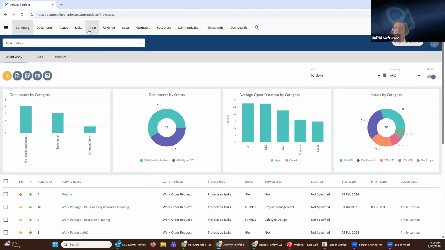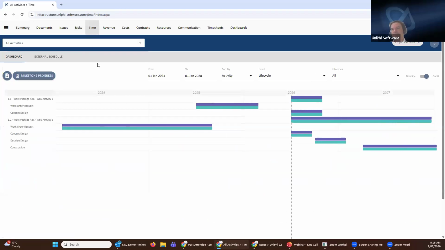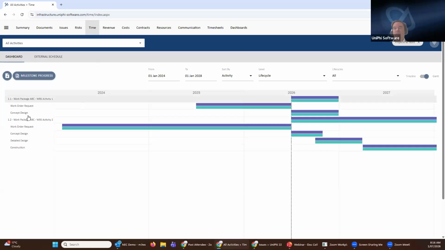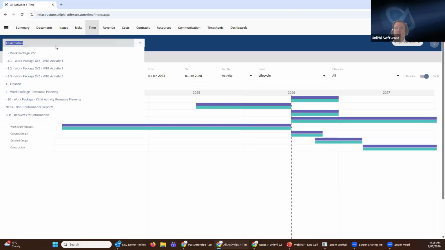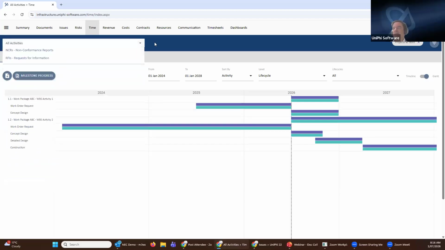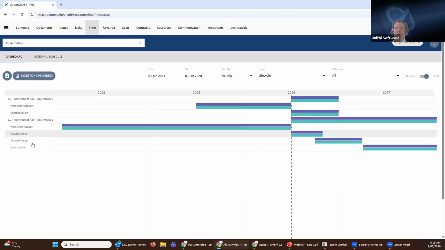So we're going to start at the time module, makes sense. And what we're seeing here is a portfolio level pipeline of those activities that we've seen in this drop down here. They're being displayed against a life cycle, so that normally, design engineers will take things through a concept and detailed and issued for construction phase, and then in construction they will do construction phase services, handling requests for information from the contractor to respond to.